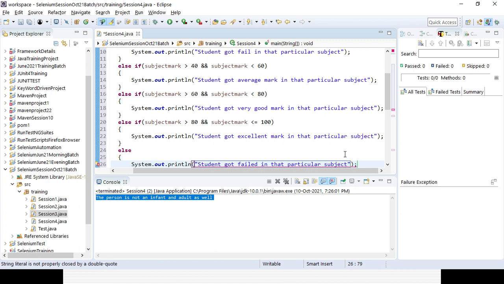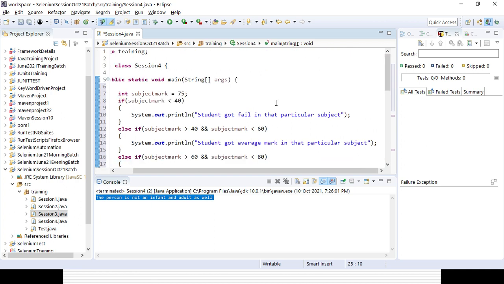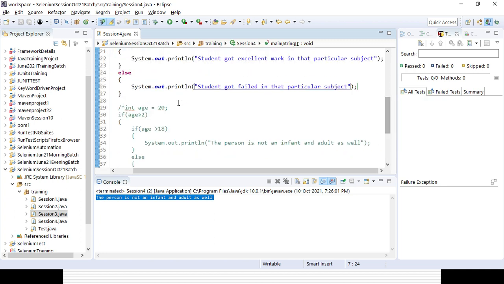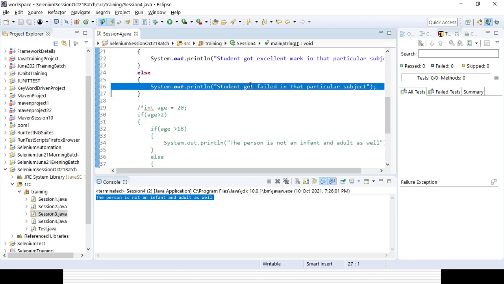Okay, so those are the different conditions I am giving. So that is a simple thing. It can be for overall marks or any specific mark for the subject. I am declaring a variable which is marks. In case of marks, okay, it's already there. The less than condition I already mentioned. So now you can give any kind of conditions. Less than 40 is fine, or you can go for the else one, which is student mark is not correct.